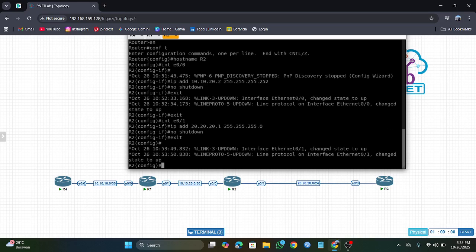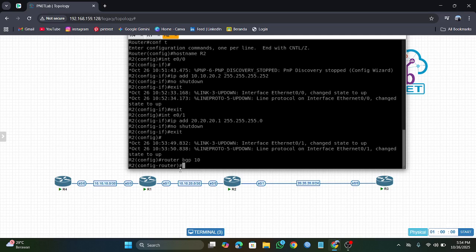Okay, and you tap router BGP. Then you tap neighbor again.